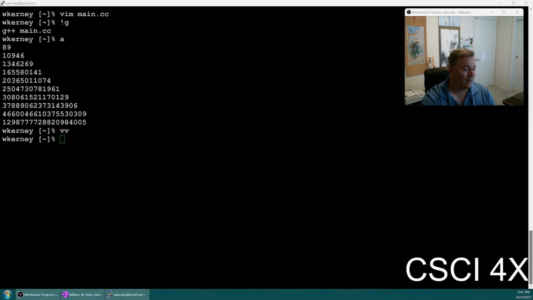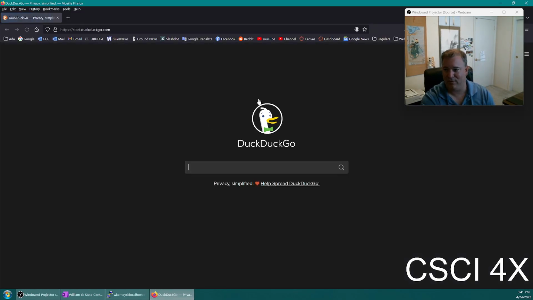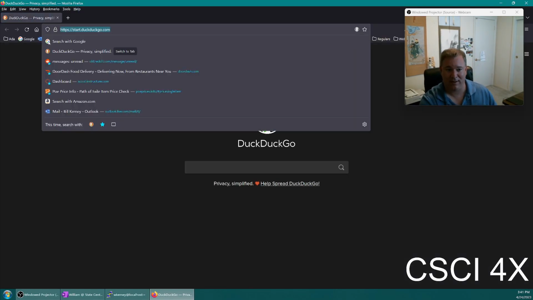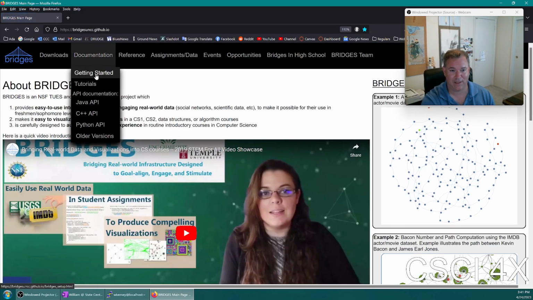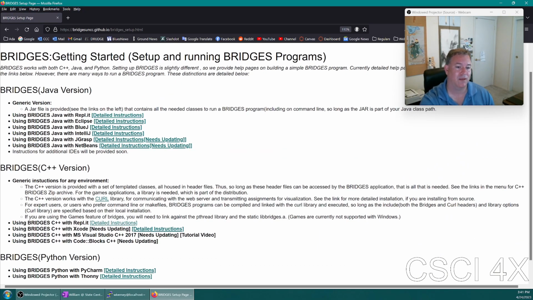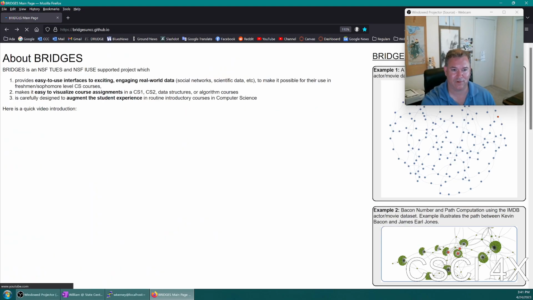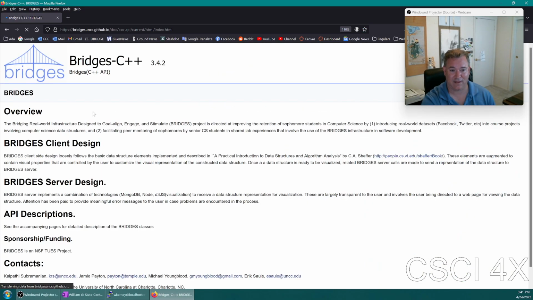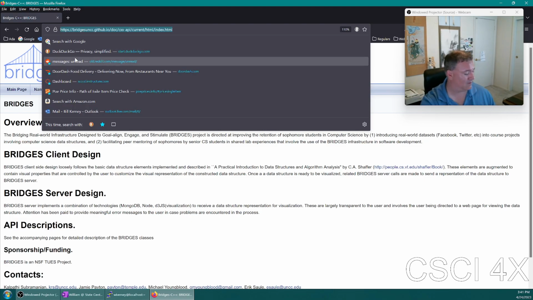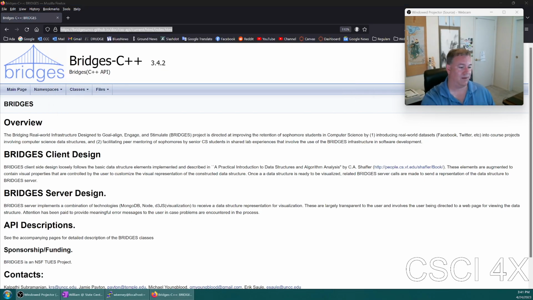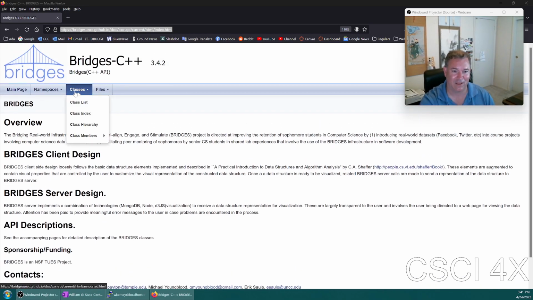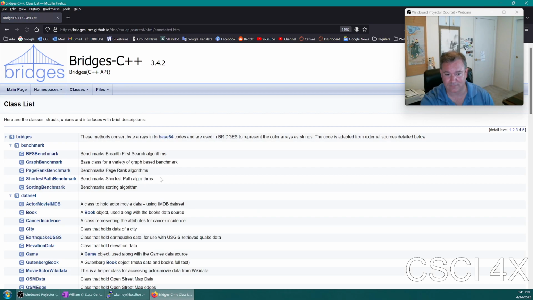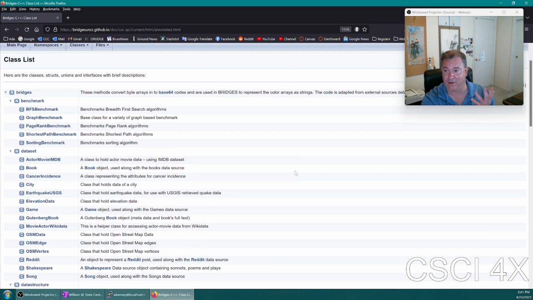And so another thing you're going to learn in this lesson is how to read the documentation on an API. So Bridges has a documentation page. In fact, the getting started page is pretty good. You can get instructions on getting set up, which you don't need, like the C++ API. I will post this here on Discord. And basically, it tells you everything you need to know. And so one of the skills you need to develop as a computer science person is the ability to go through